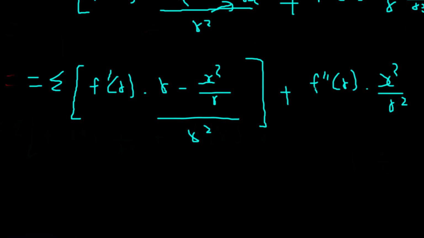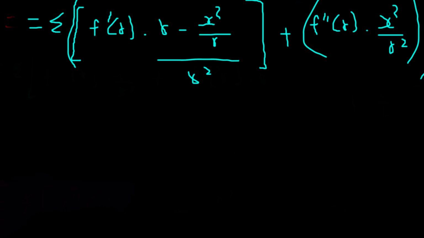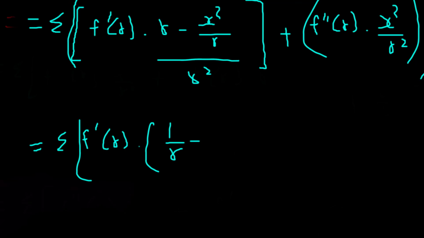It will be x square by r square. Okay, now we are going to simplify this more. We are going to simplify this thing even more. So it will be 1 by r minus x square by r to the power 3. Cool. Okay, and we have already simplified this thing a lot, I guess,